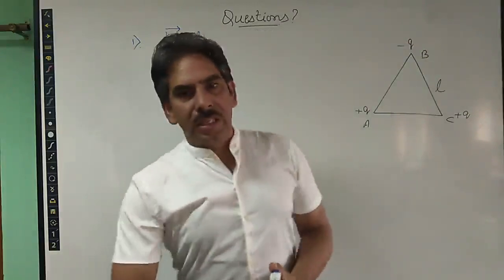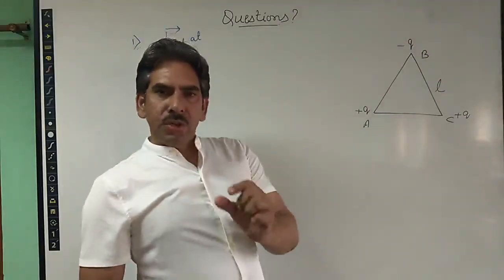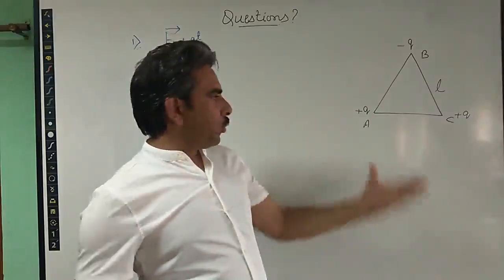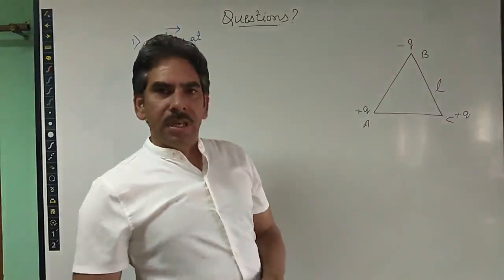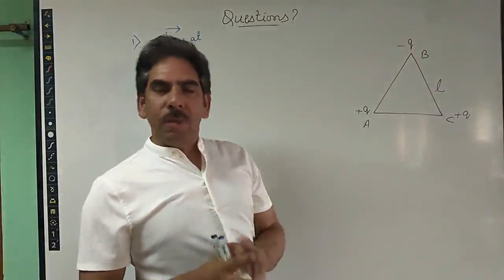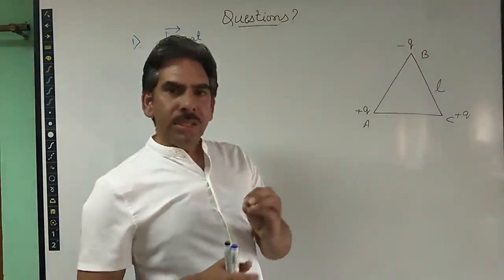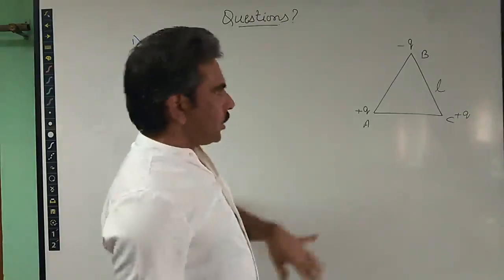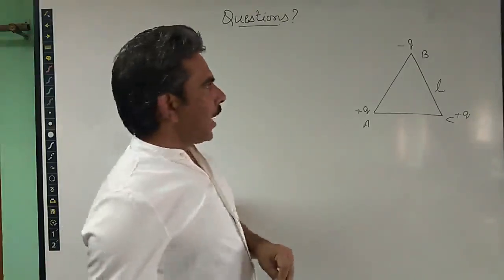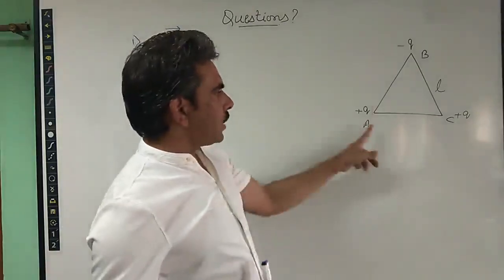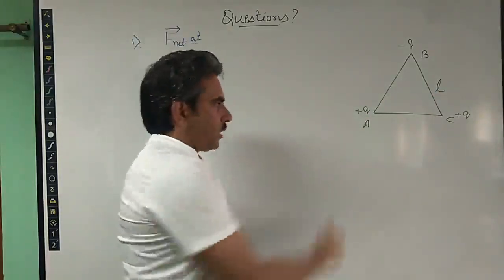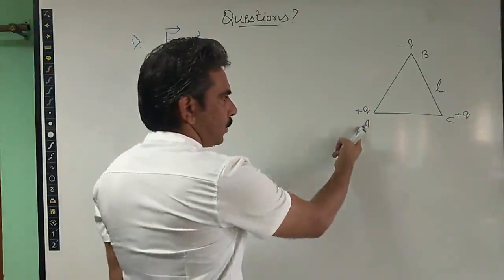So first thing is, you read the question 2 or 3 times, understand it better, and convert the situation into a diagram, because diagrams give a clearer idea about the problem and the method to solve it properly. In this question, we have to find the force at each and every charge. So we have to calculate the force on the charge placed at position A.